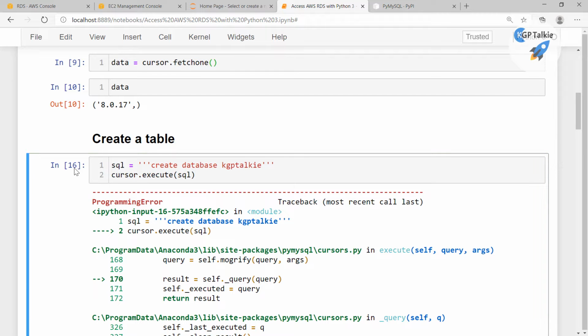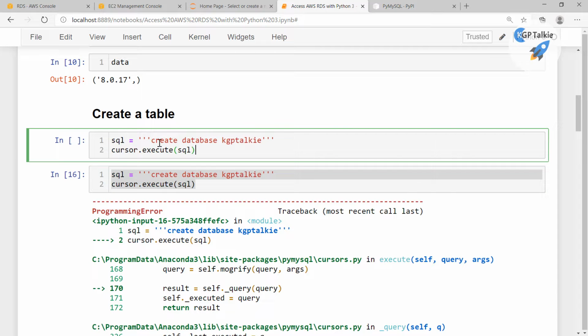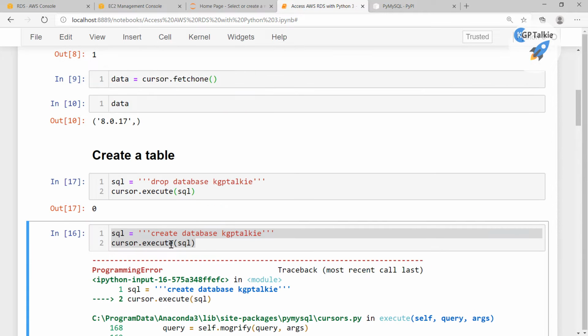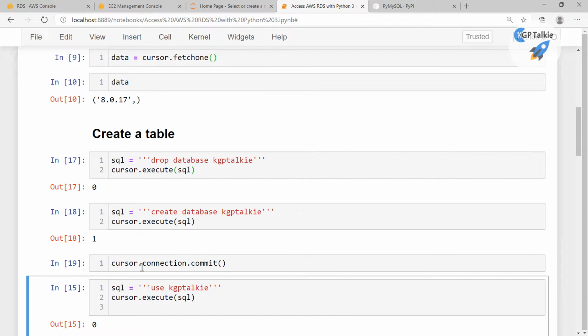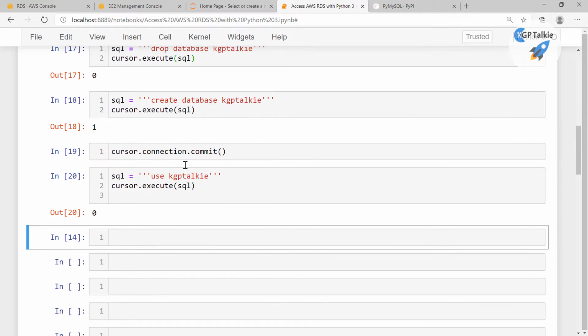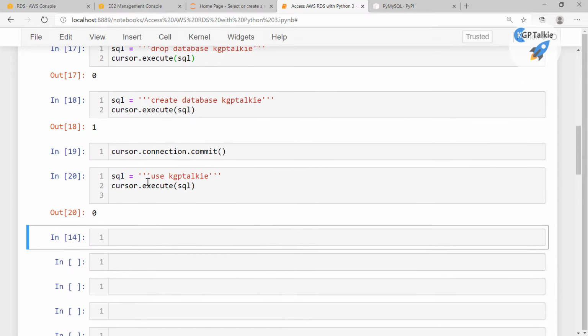All right. And if you want to drop this database, how can you drop it? Just for testing purposes, you can say here, drop database KGP Talkie. The database is dropped. Let's go ahead and create it once again. Then, all right, this cursor dot connection dot commit is done there. And okay, so it is now using the KGP Talkie database. Once we have created this database,